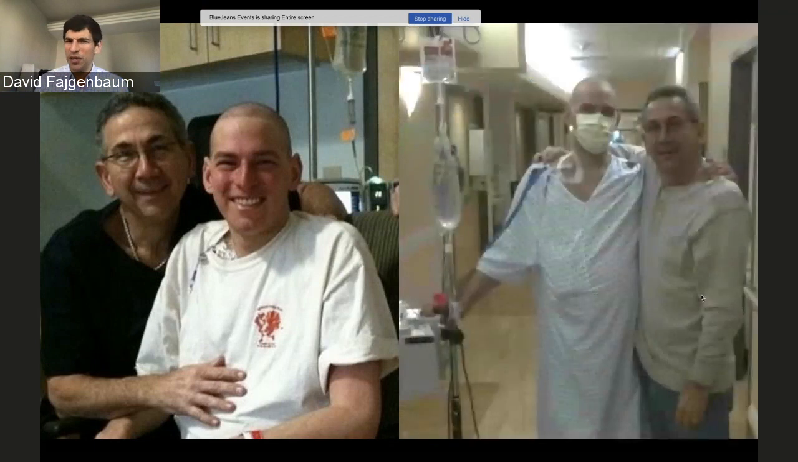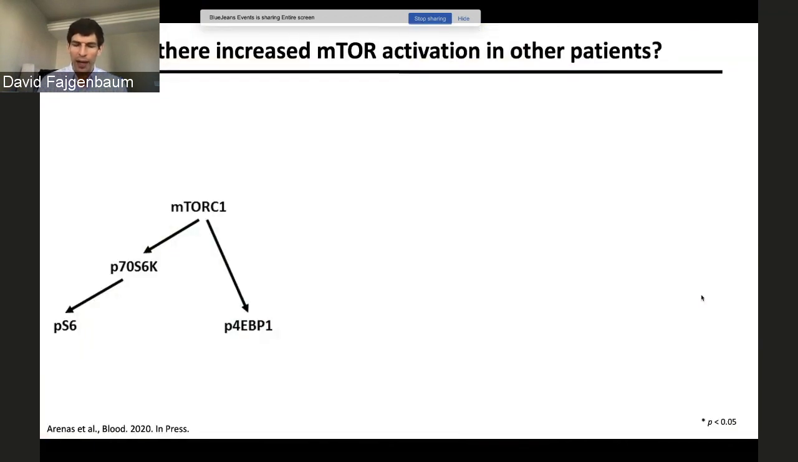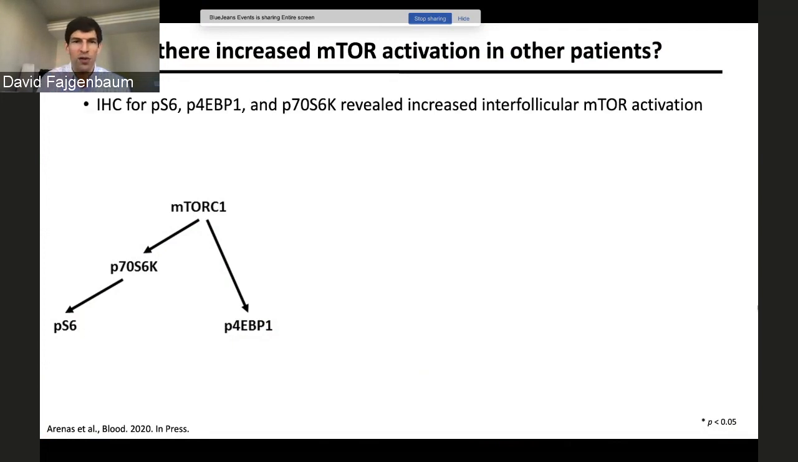These are just a couple pictures of me throughout my journey getting chemo and really nearly dying 5 times. So a question that I imagine many of you are asking is, well, if mTOR is up in you, is mTOR also increased in other patients? So my lab's been focused on that, and we've got a paper that will be coming out soon in Blood,